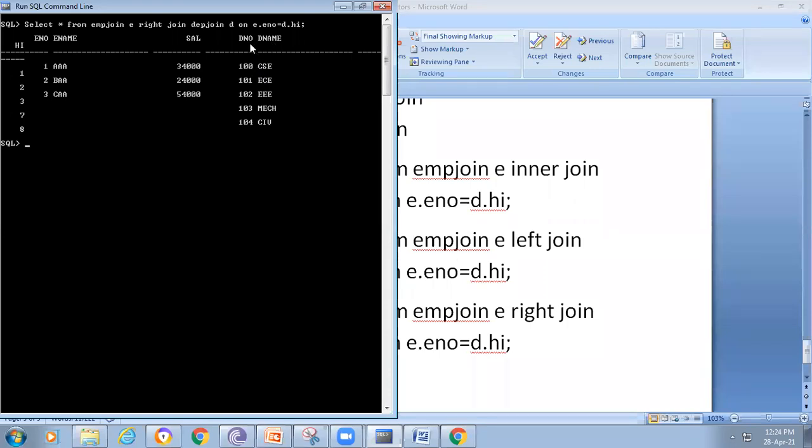If you observe here, department number, department name: 1, 2, 3, 7, 8 are there, but here only 1, 2, 3. That is nothing but a right join. I hope you are clear. If you are performing left here, then left side tuples will be displayed.